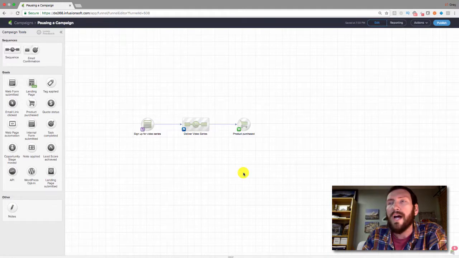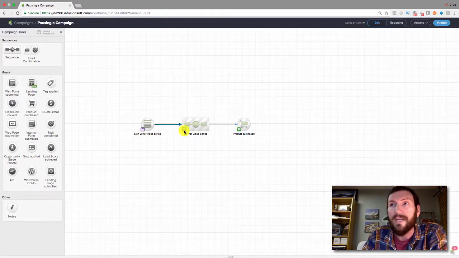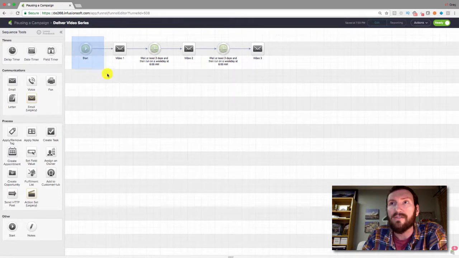In order to pause a campaign, you would obviously need to remove them from this sequence and then re-add them. The challenge is if you add somebody to this sequence, they're going to start from the beginning and get email 1 again, and email 2 again, and email 3 again, in that order. So the system isn't smart enough to realize they've already received this email and start them up on the natural next step.